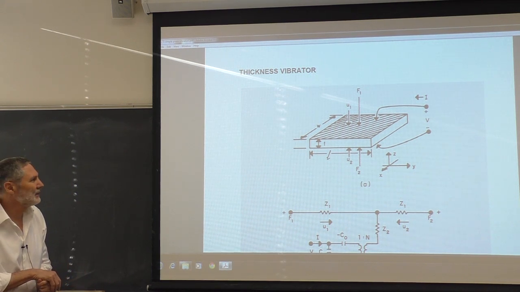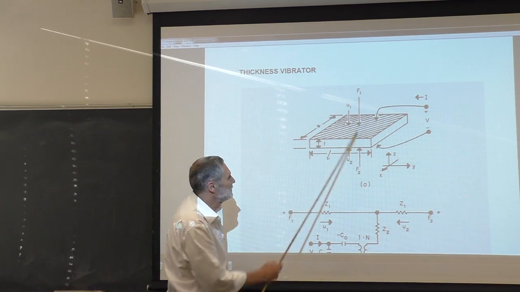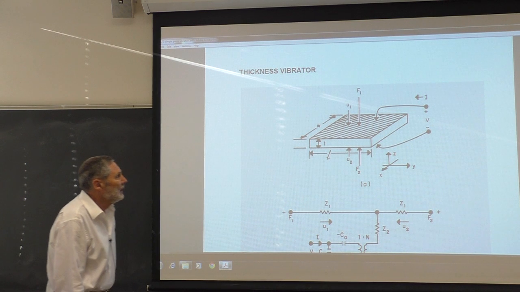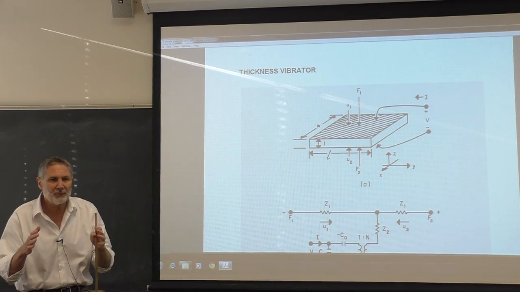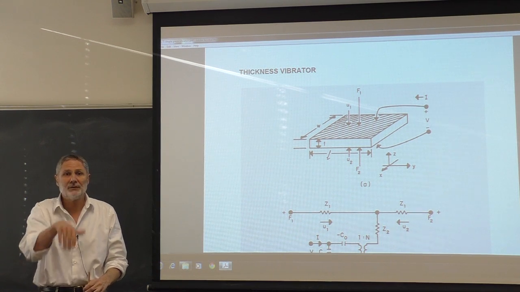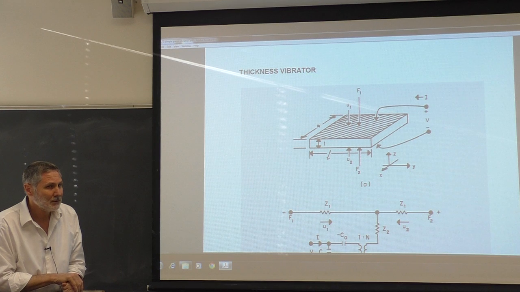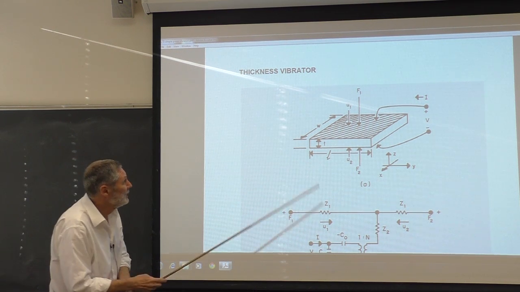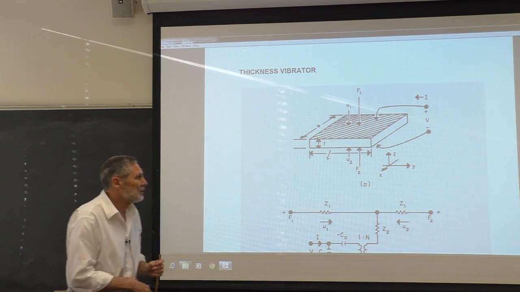Okay, the next one. It's natural to think, this is called a thickness vibrator. So it's poled, again, always in the Z direction and electroded there in the Z direction. And now the length expander bar is transverse. You exert an electric field this way and it elastically responds this way. This is all in the same direction, right? And you think, well, okay, that shouldn't be a big deal. And it's thin, it's the opposite of the opposite. We're going to find that this is